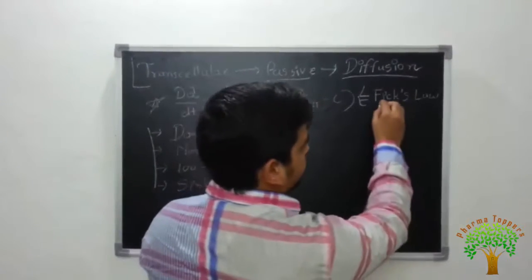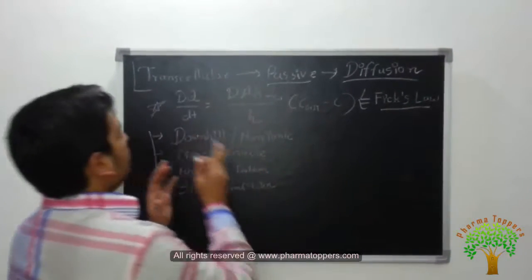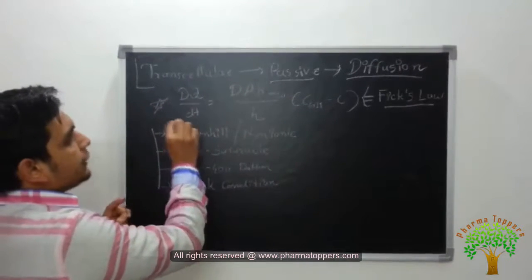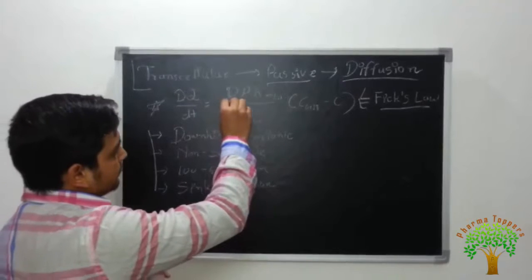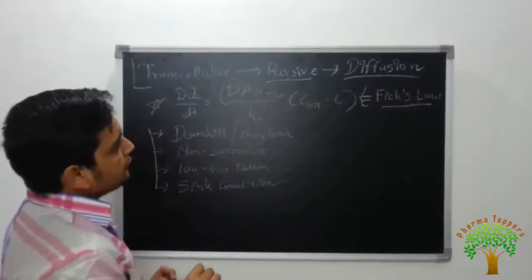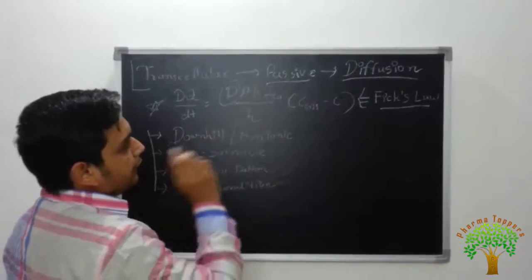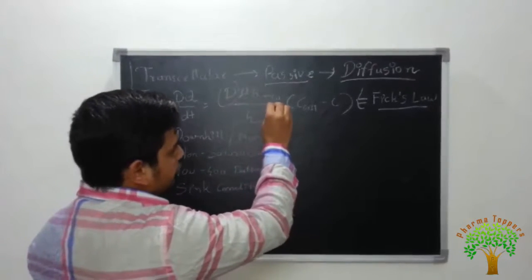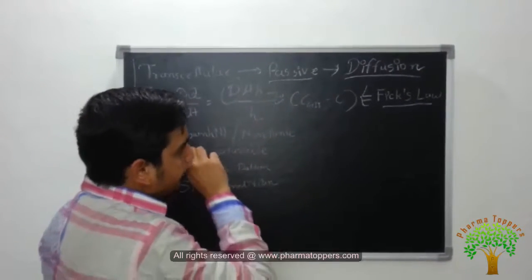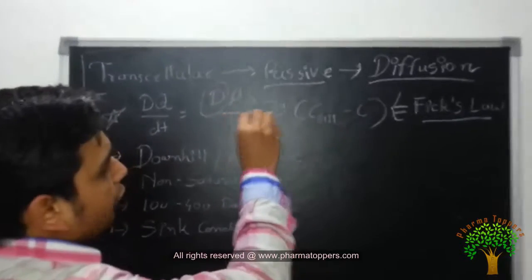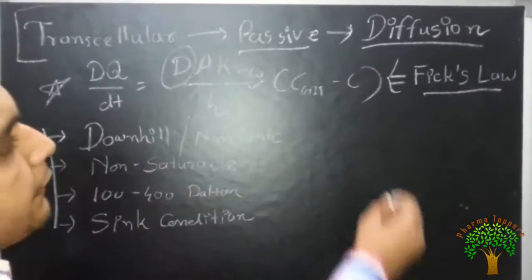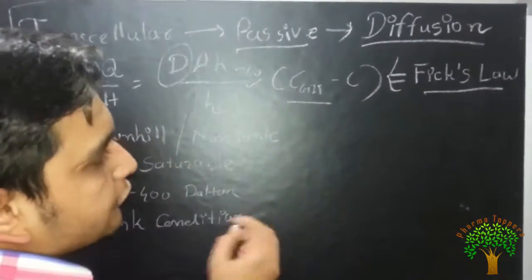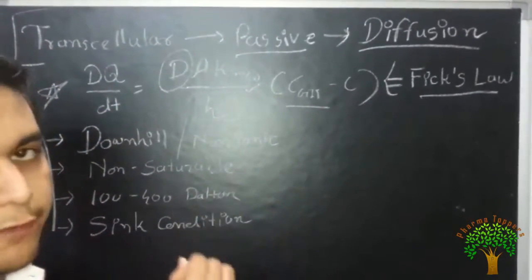Fick's first law. It is written here: dQ/dt, the rate of transport, is directly proportional to the diffusion constant, area, and partition coefficient of the drug molecule, and the thickness of the membrane. Here it is C_GIT, the concentration of the drug available at the site of action,